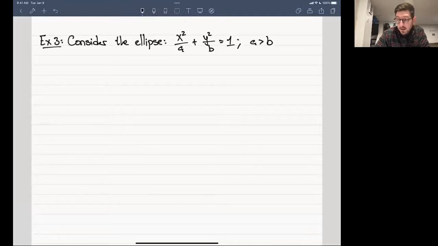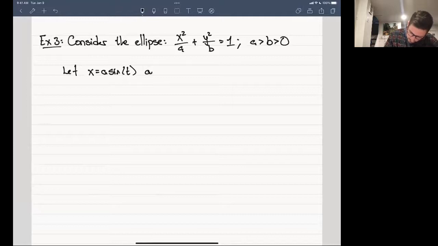So clearly if a is equal to b, then this thing is just a circle. But the deviation between a and b is either going to stretch or compress this thing in each of the different dimensions, the x and y directions. Okay, so how are we going to do this? First thing we're going to do is we're going to parameterize this. So let's say let x equal to a sine of t